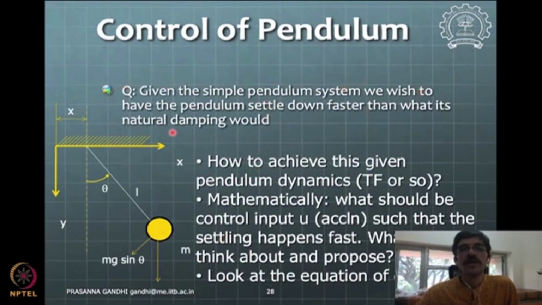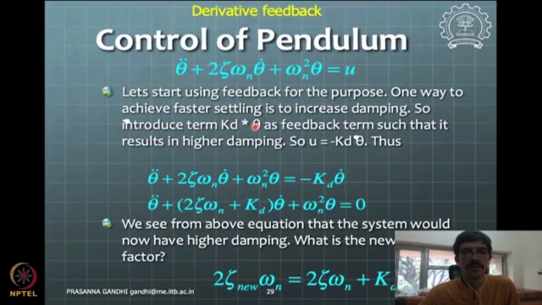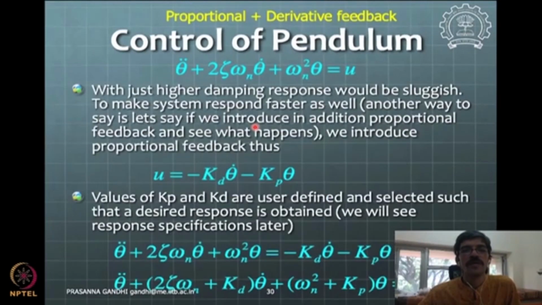The control problem is defined so that we just want to settle down faster than its natural damping would allow it to do. So we may propose derivative control, or complete proportional plus derivative control, to achieve the task. Here we have two parameters available for us to tune,